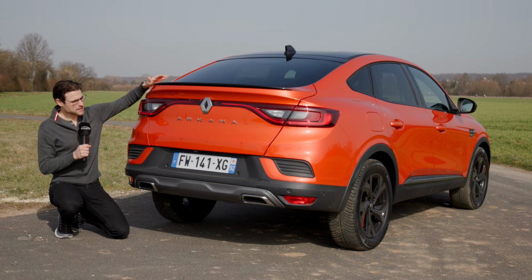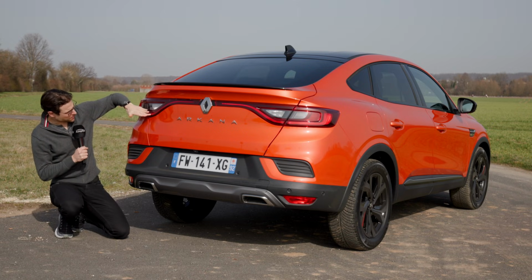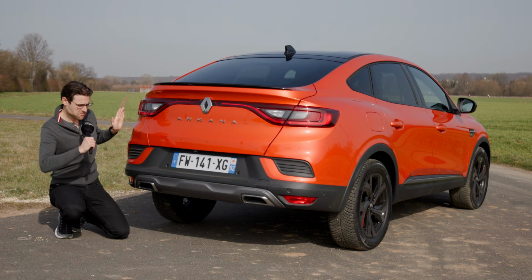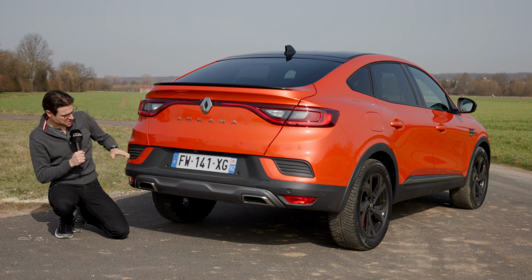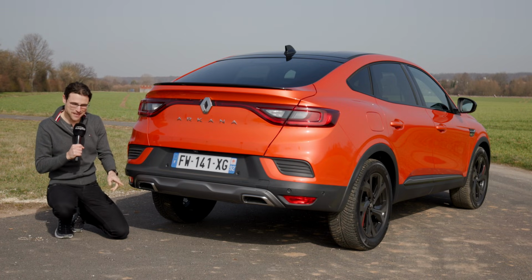And in the rear, we can see a modern light signature. You can see here the light goes right there, also stretched, stressing the width of the vehicle. Then you have in the RS Line this black contrasting lip. Lower end here, this is something graphic, I don't know, but this here,